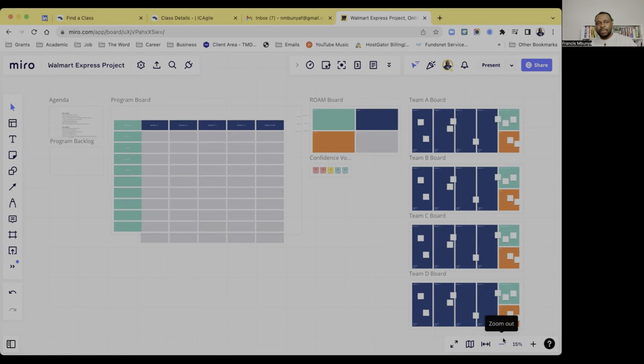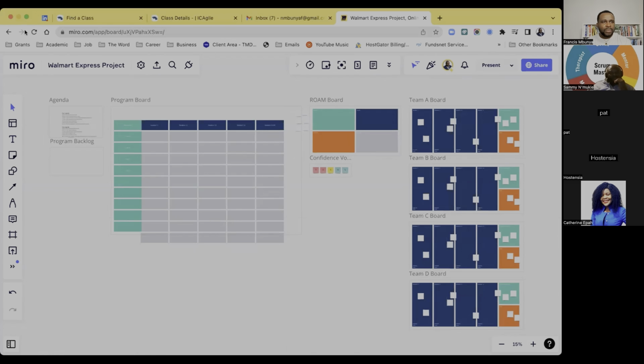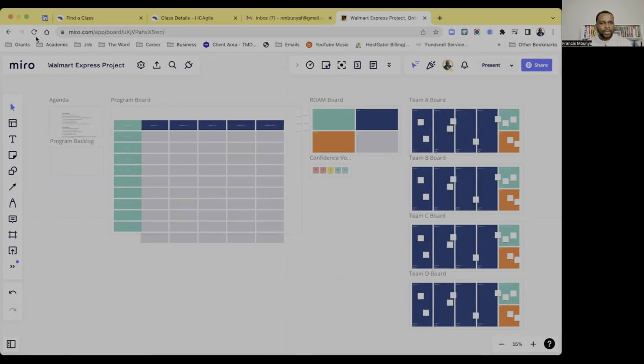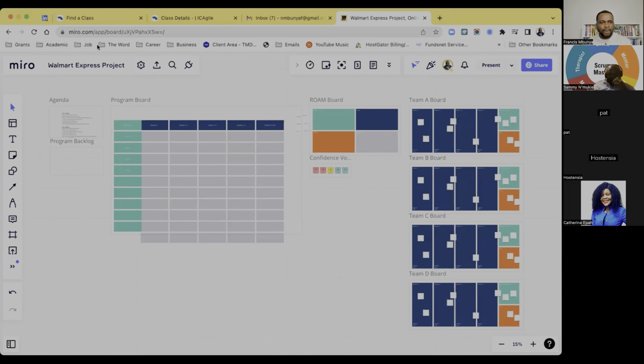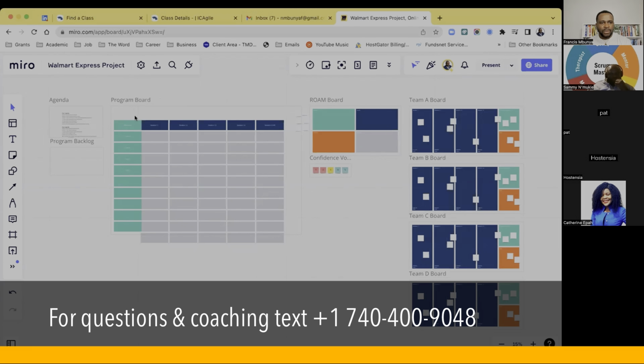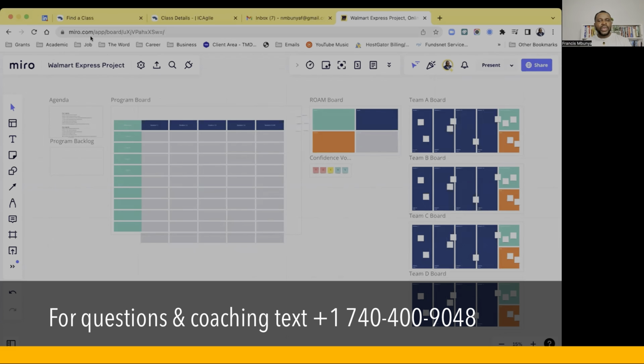Now, I'm using my Miro board. We are on Miro, right? M-I-R-O, Miro board. And if you look right to my top, let me see that. Give me a second. Okay, so if you look to where my cursor is right here, you realize that if I'm a program